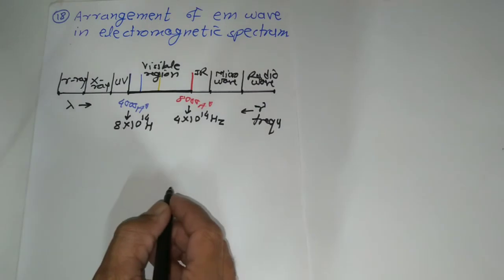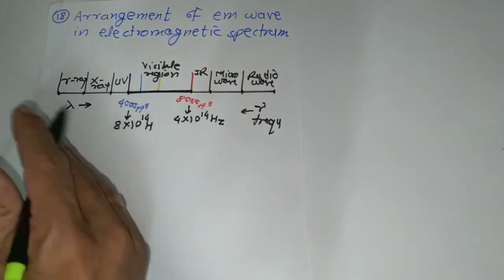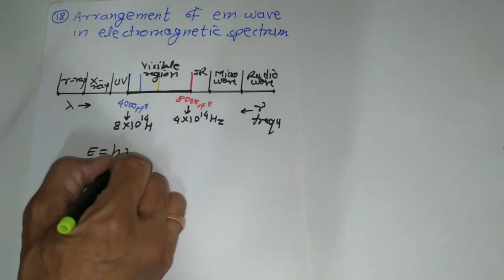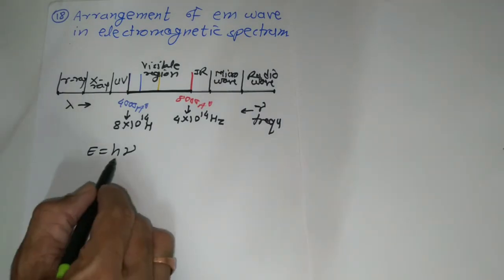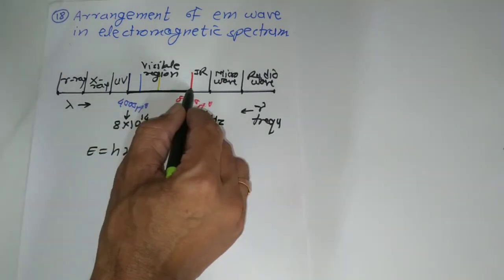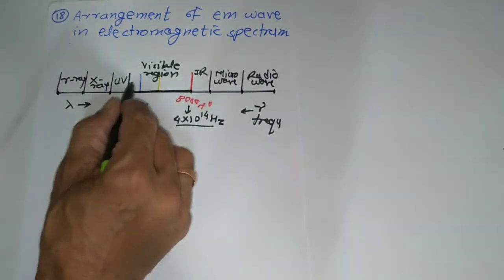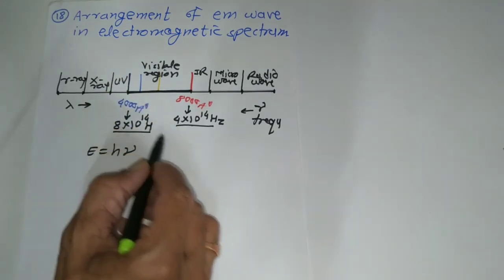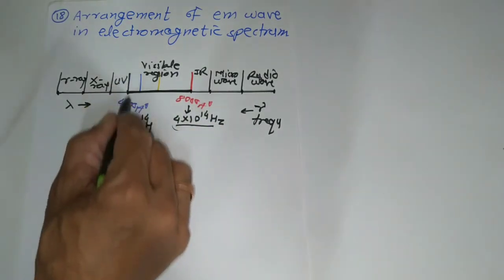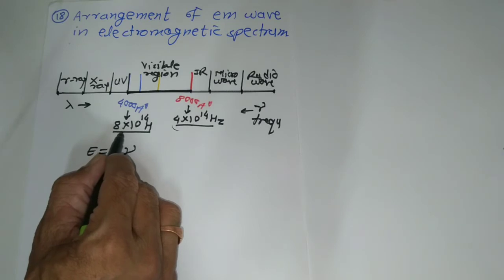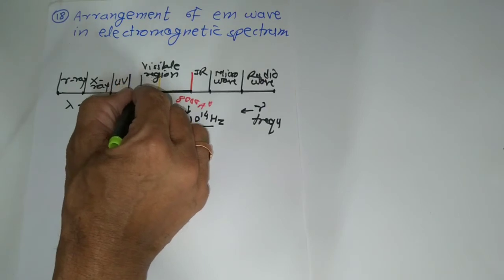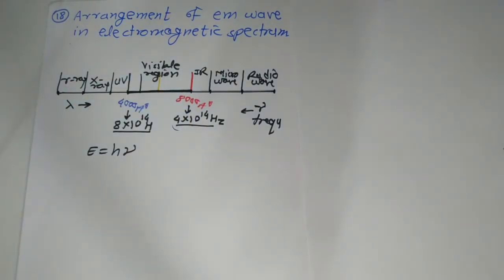They have asked us the energy per quantum in increasing order. For your information, energy is given by E equal to h nu. The quanta whose frequency is quite large, its energy must be large. The red color has less frequency compared to the violet color, which has greater frequency. Therefore, the energy of red color is less because its frequency is less, while violet has more frequency, therefore more energy. The options given to us begin with blue light, which is somewhere here.